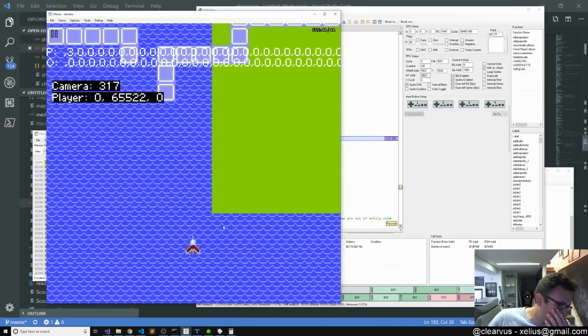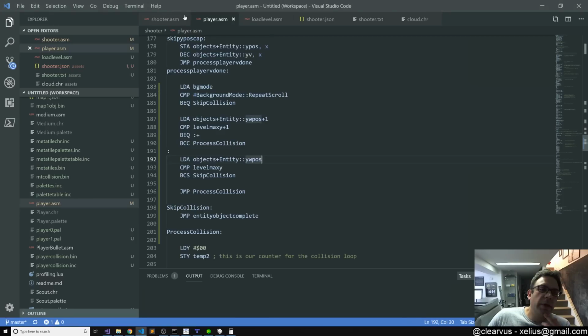Huh. Oh. That could be why. We must not be switching the player position correctly when we switch